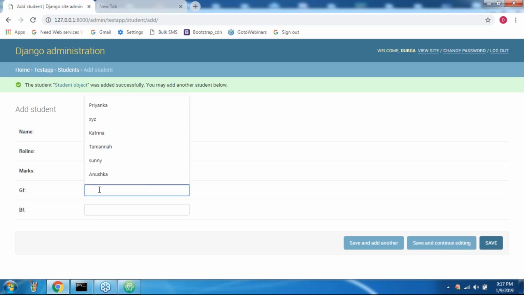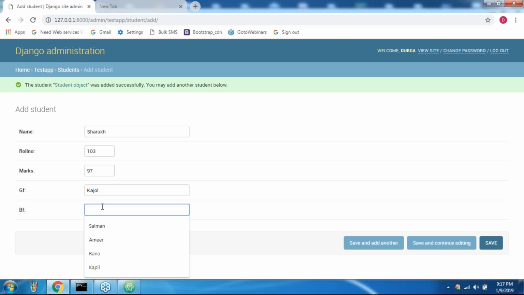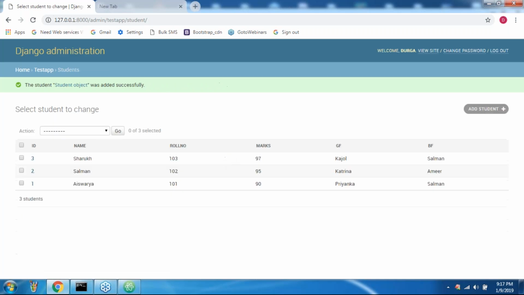Girlfriend name Kajol, I'm taking Kajol. Next boyfriend name maybe Shahrukh, or let me take Salman, something like this. Okay, now save. That's all. So just three students' information is there, sir.